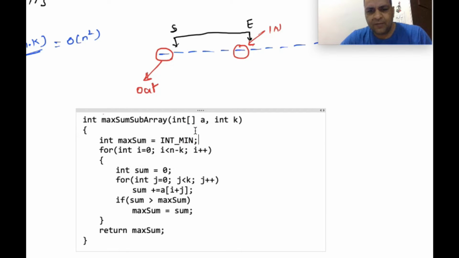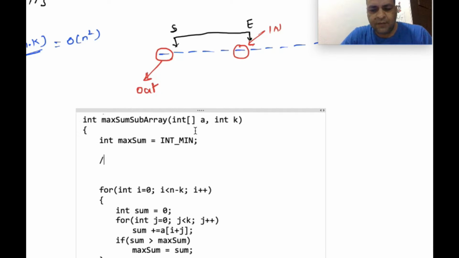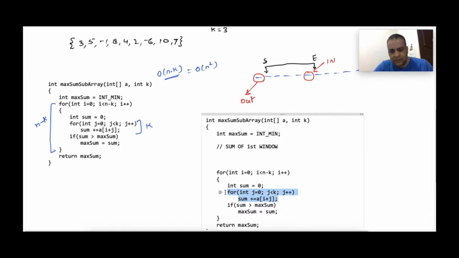Alright, so max sum will probably remain like this. Then what we will do is that we will find the sum of the first window. This sum is